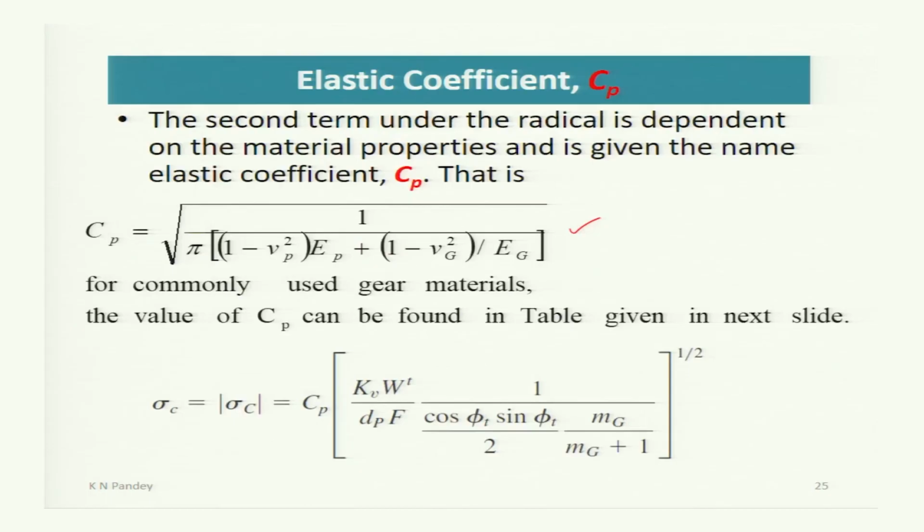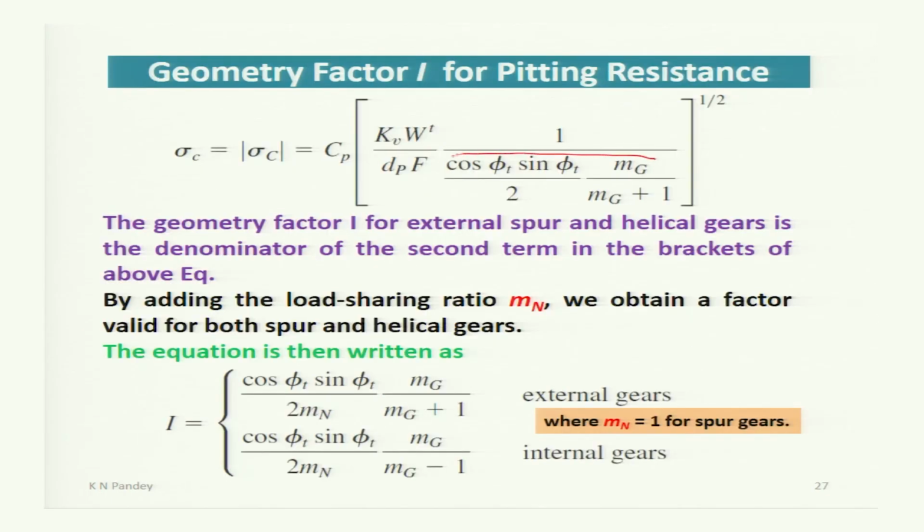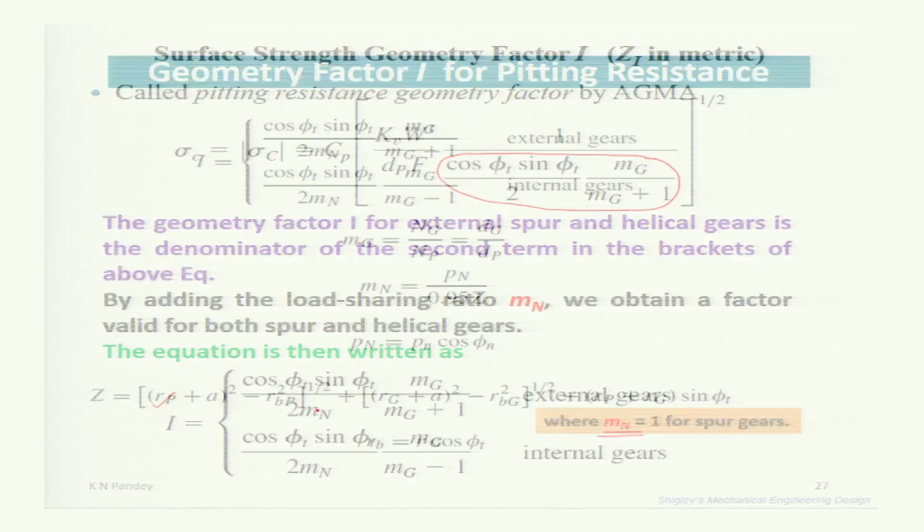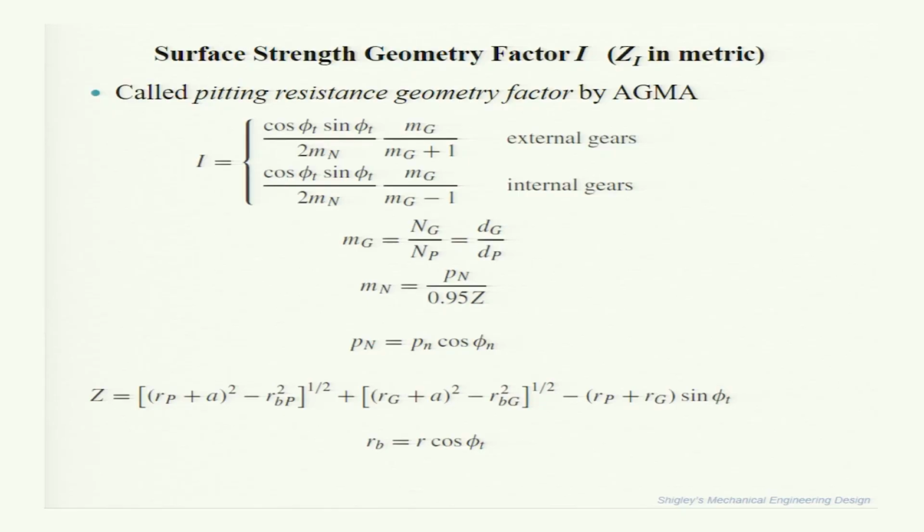Otherwise, if you know the elastic properties of the material of gear and pinion, you can find the value of Cp using this formula. So, this term is taken as the geometry factor for pitting resistance, which is given by this I, and here we have mg plus 1 for the external gear and mg minus 1 for the internal gear. For the spur gear, this mN was 1, but for the helical gear this will not be 1. We have to determine the value of mN. So, for the case of helical gear, the mN is given by Pn, this is not the normal pitch, it is something else, divided by 0.95 Z. Z is the